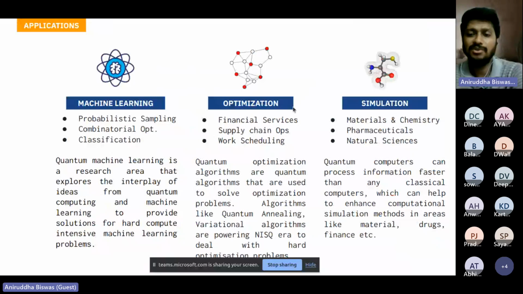There is another part of the simulation, that is quantum enhanced simulation. So what are those things? Let's consider that you want to simulate weather, and for weather simulation you need to solve a really complicated differential equation, right? Now you know that the accuracy of the result of the differential equation depends upon the discretization of the underlying variable. Now if you increase the discretization very much, you will see the performance of your classical computer is very poor.